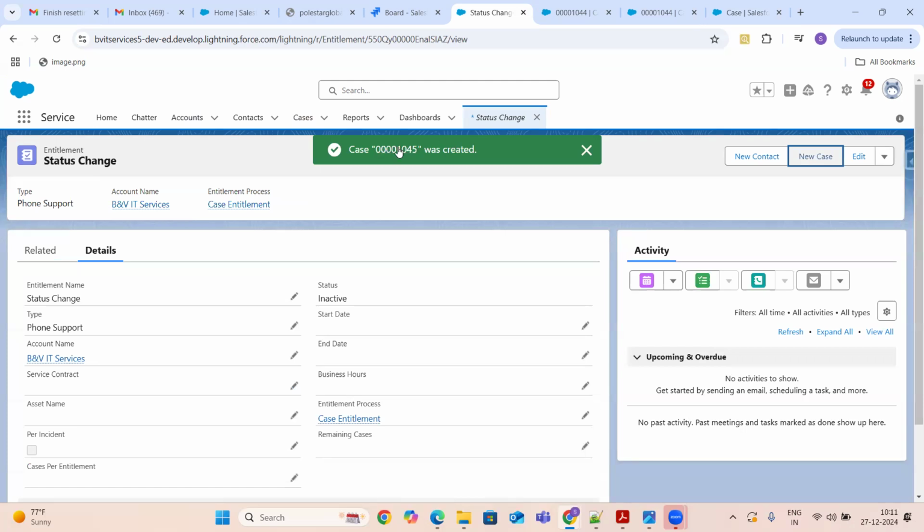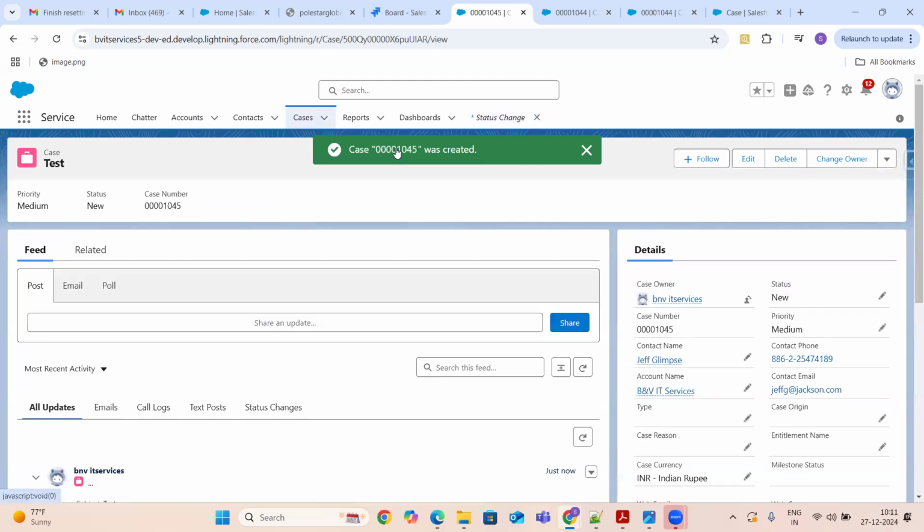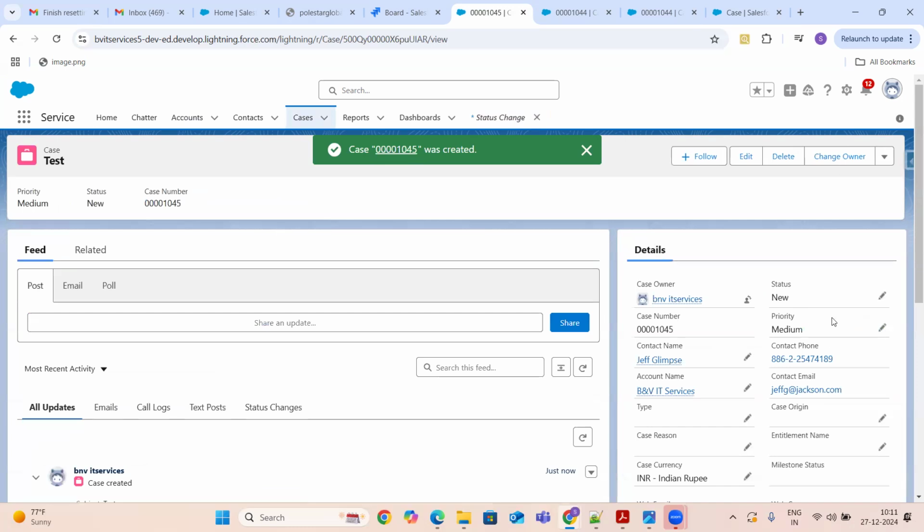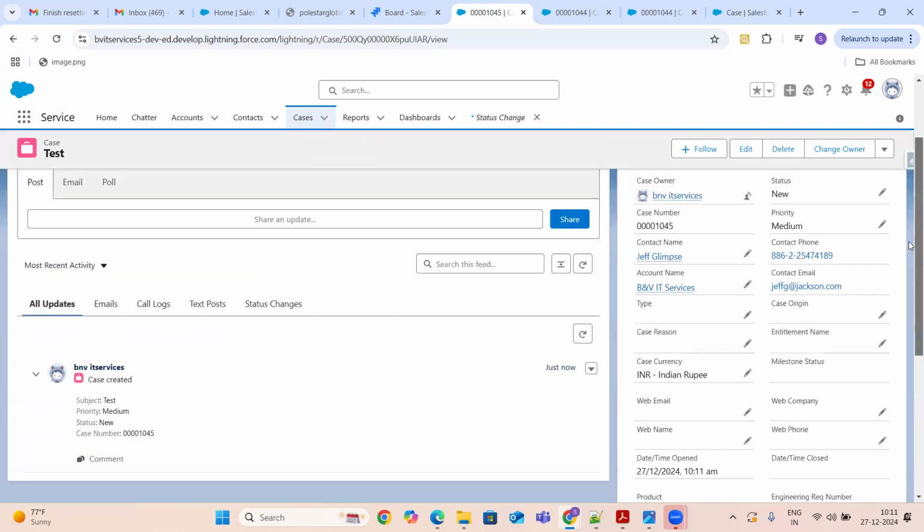So your case was created. You can click on the case number. Then it will take you to the case detail page. Here you are able to see all your details. Why is the entitlement name not coming?